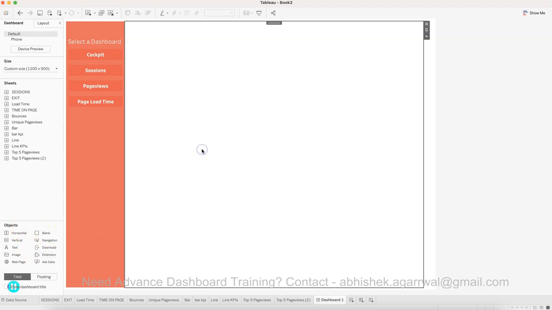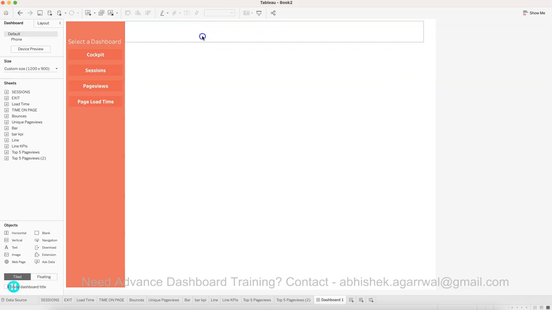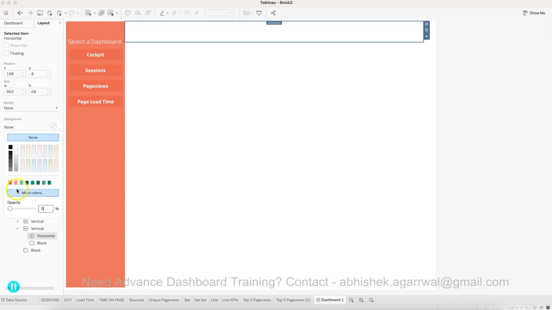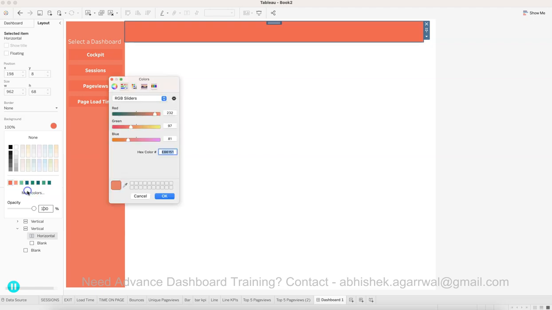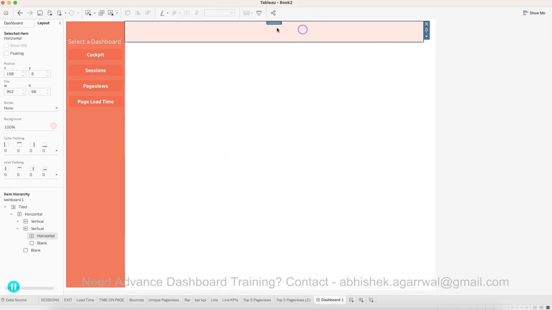Okay, so we have horizontal and we have blank. Now at the top I will put a blank object. So now if you see, I can clearly see where my box is, and here I have my horizontal. In the horizontal, what do I need? I need basically a text box, but before the text box, I'll go into the layout and choose this color, or maybe this color, I don't know, or maybe in more colors. I choose this color, click OK. All right, I think that's the one I'm choosing. So this is my color,